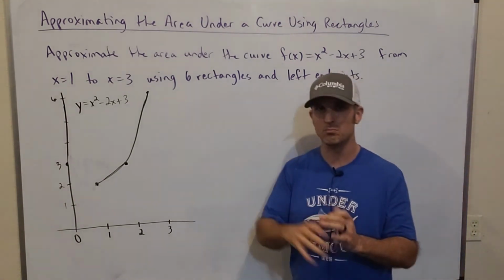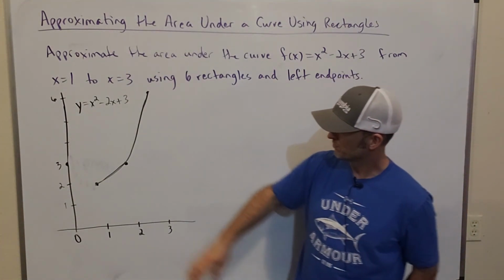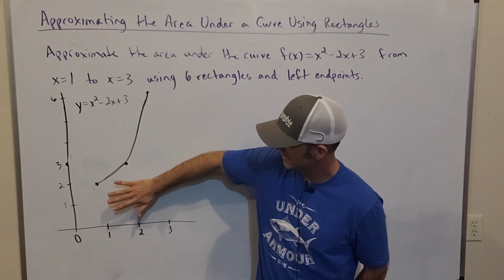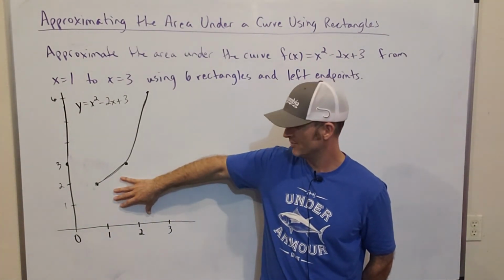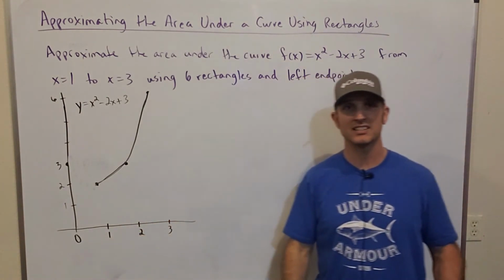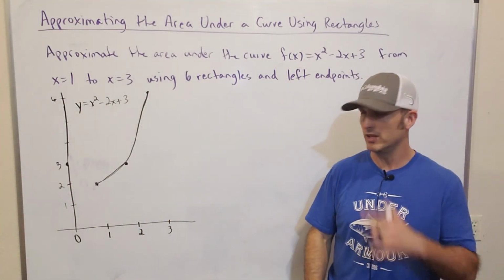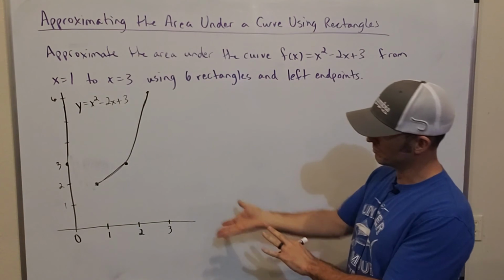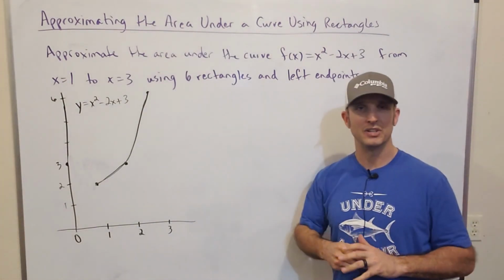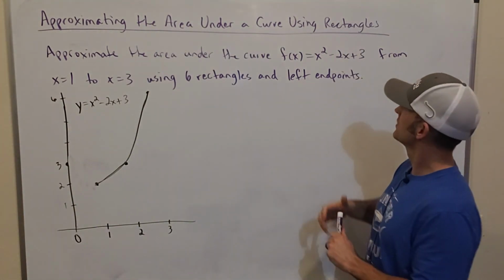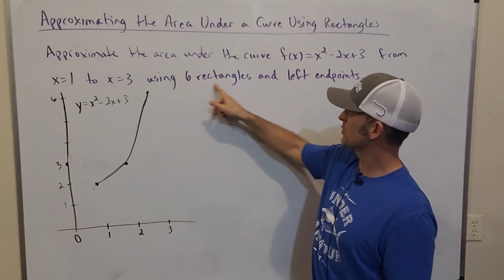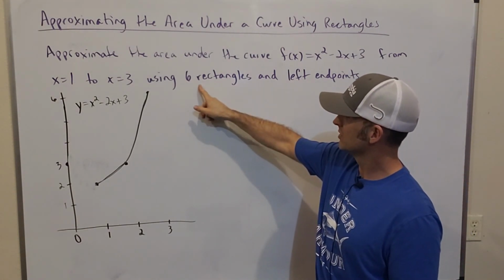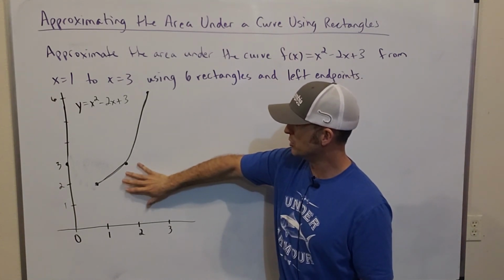Now, just some minor details. If the area is above the x-axis, we'll consider that to be a positive area. And if the area is below the x-axis, well, that's a negative area, if you will. Okay? In this problem, everything is above, and so everything's positive. Now, the next part to this is we need to create 6 rectangles under this curve, or using this curve